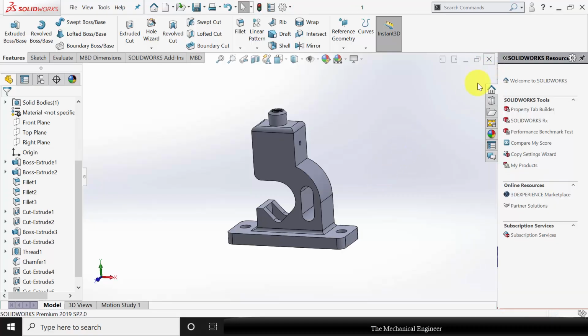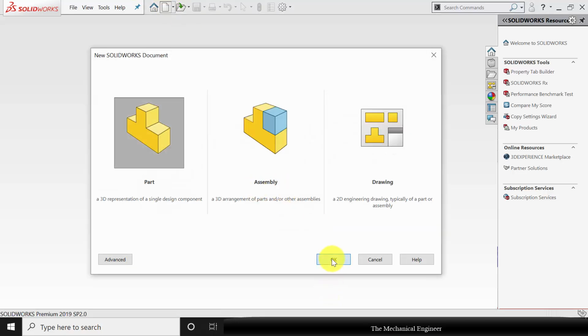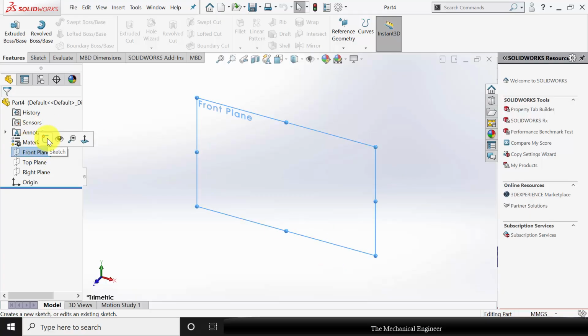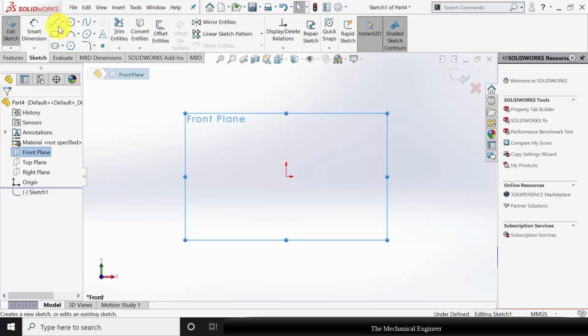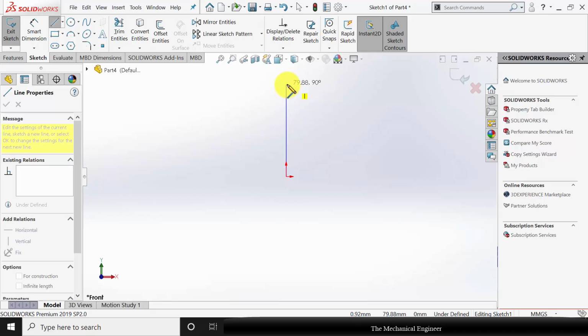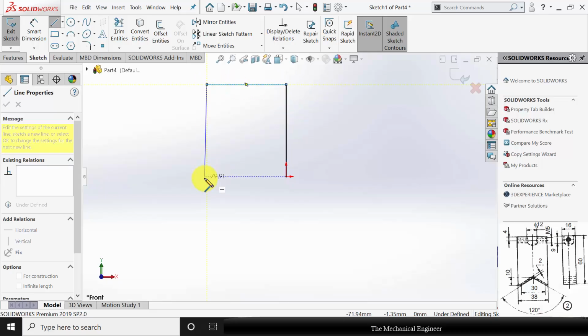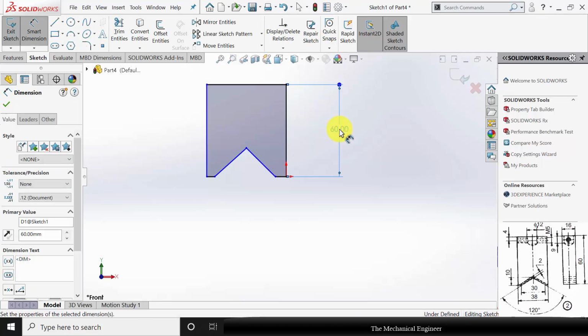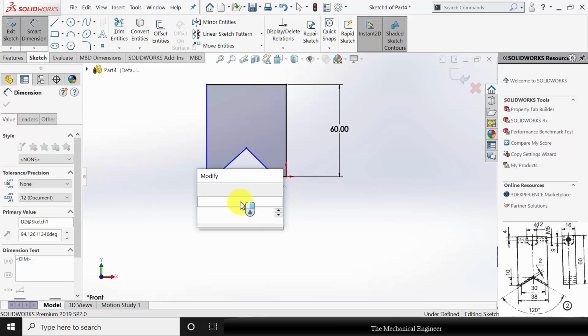Now close this and create a new part. Next I am going to draw the part number 2, the movable jaw. Choose front plane, click sketch, and draw the profile of the movable jaw. Go to smart dimensions. The overall height is given as 60 mm and the inclination is given as 120,